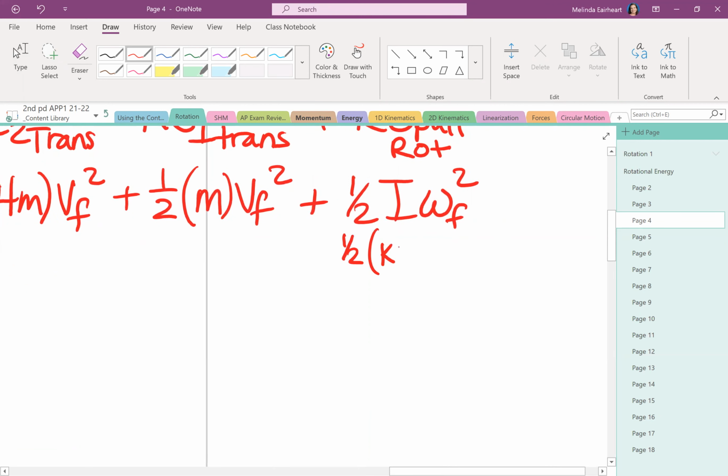So 1/2 kmr squared, and that's the radius of the disk, whatever it is. Omega final, well, if you look at a tangent point on the outer perimeter, we get that Vf, linear velocity squared, over r squared. What do we notice happens? R squared cancels, leaving us with,